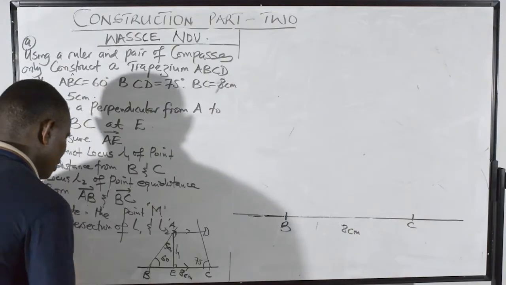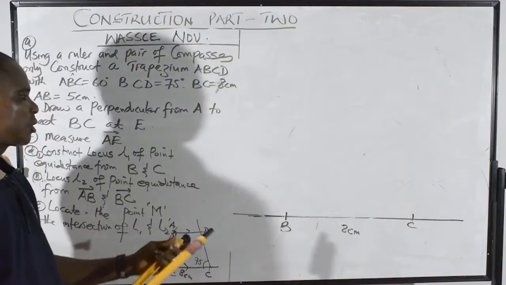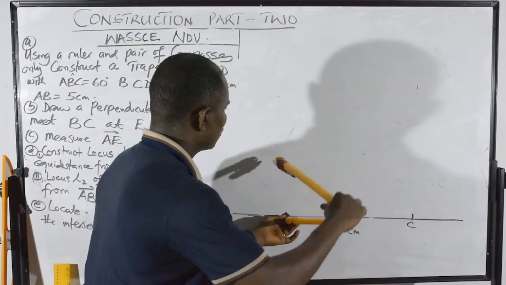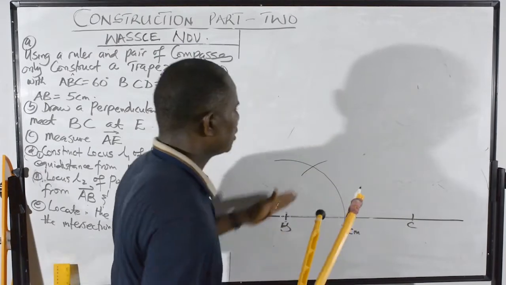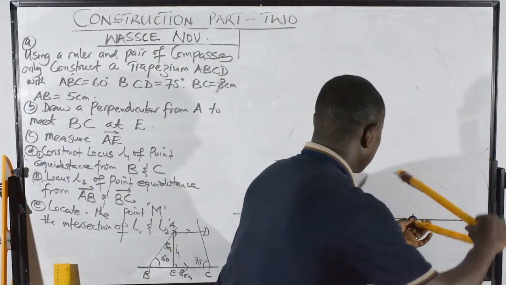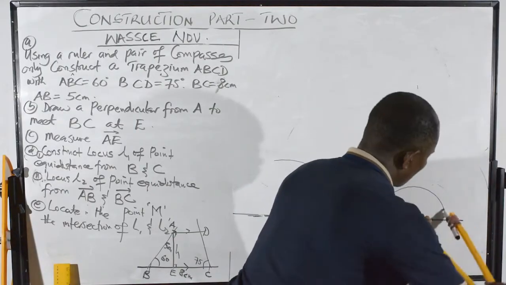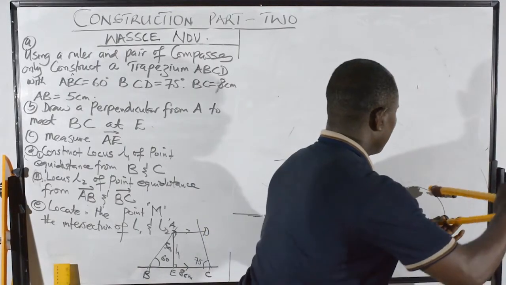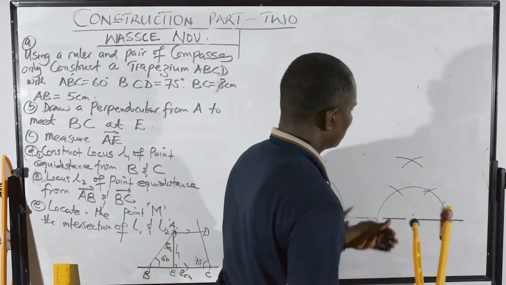So we want to construct 60 from that point. The angle is formed at that point, so I construct 60. The other day we said 60 is the easiest angle to construct, so we just get there. Now we strike an arc with the same radius. That is 60. Now I want to construct 75 there. For 75, I need a 90 degrees line. So I'm going to construct a semicircle somewhere here. Move there, strike there. You say move and strike, then move and strike. So that was the 90.